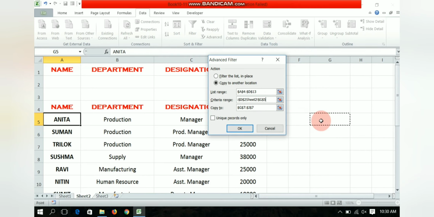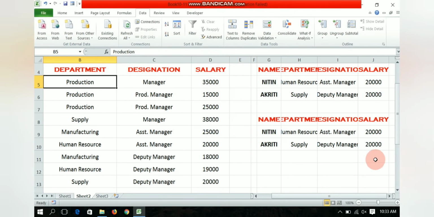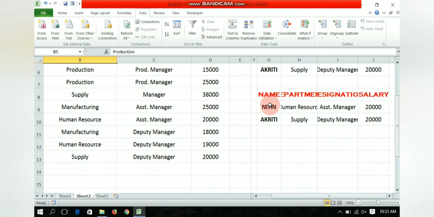Here I have clicked one, and after that click on OK. So as soon as you click on OK, only the records matching the criteria we have given before, 20,000 salary, appear. So only 2 people out of these got 20,000 salary and they are shown here. This is how you can use advanced filter option.